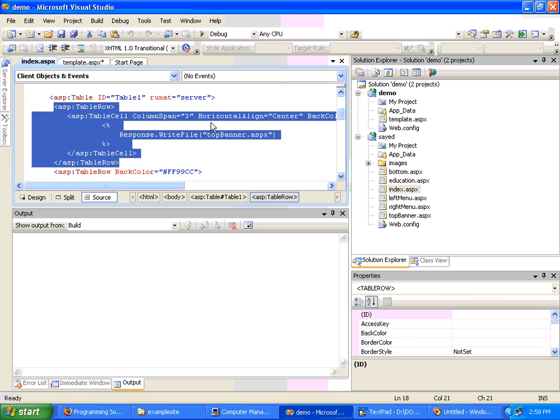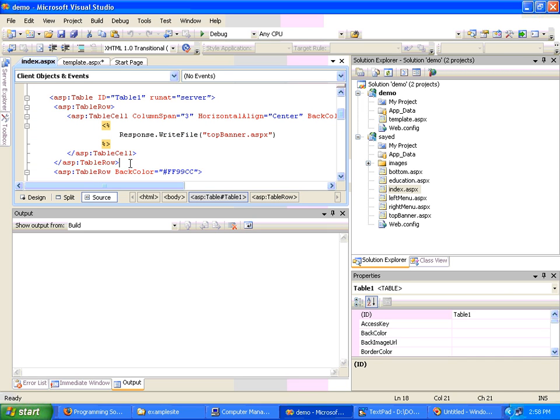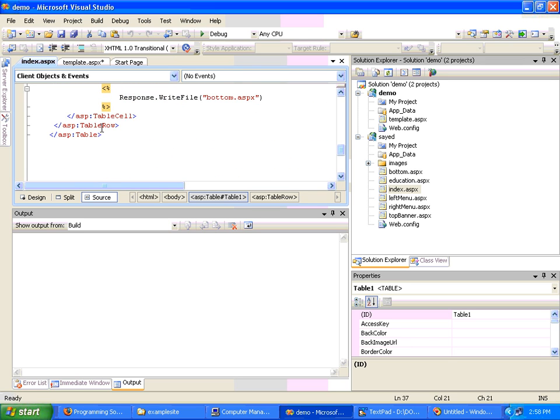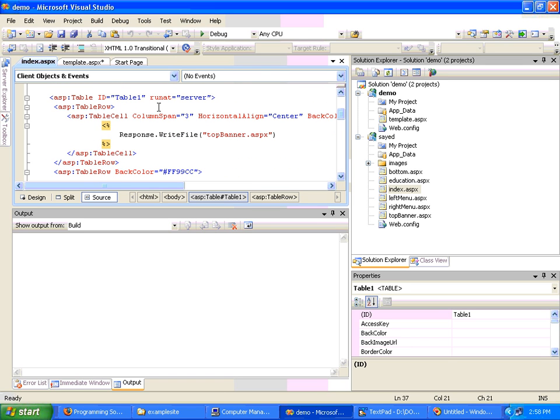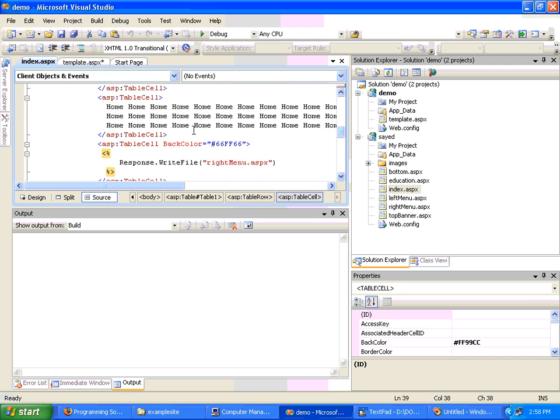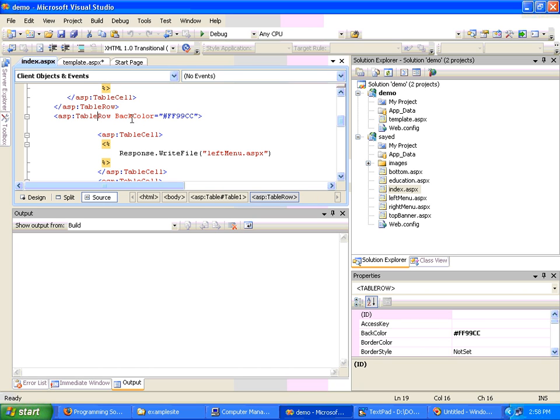You could also use div tags to create different divisions, but if you are coming from HTML table based web application development, then this will make more sense. Maybe we will demonstrate a div tag based website later. This is another row, and this is the row, and you will be familiar with the column span. The first row is spanning all three columns into one. The third row is also spanning all three columns into one, but in the second row you see there are